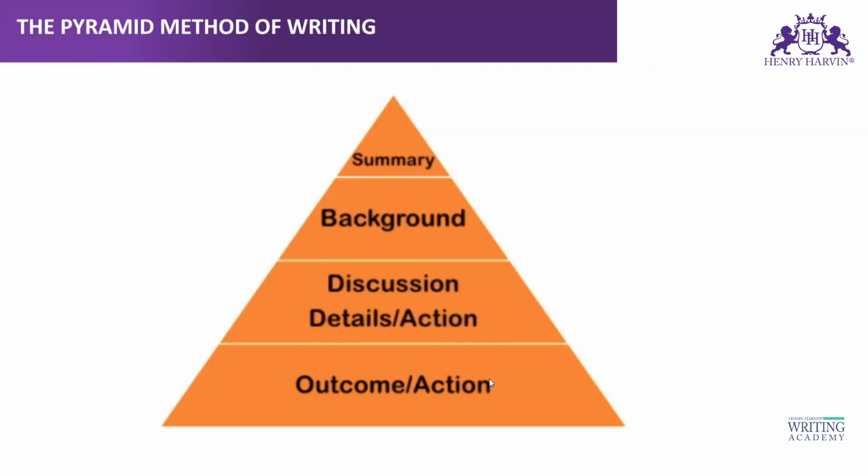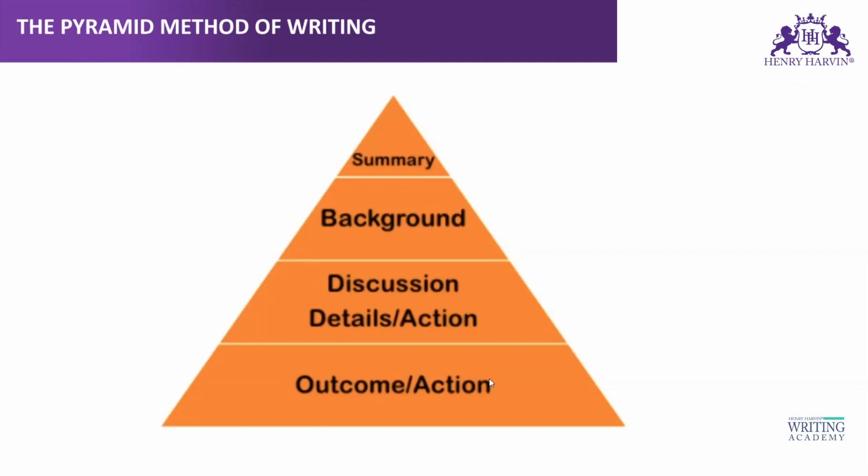Now, my question is, why have we put summary on the joining point at the top? Why is it summary at the top? Can we say that summary is the joining point related to all the pointers that are following it? Yes. So that is why it is at the top on the joining point. Because it has all the points of background, discussion, outcome. That means all the highlighting points of everything that is given in the entire pyramid is in the abstract, and that's why it is on the top, where the joining part is there, right?